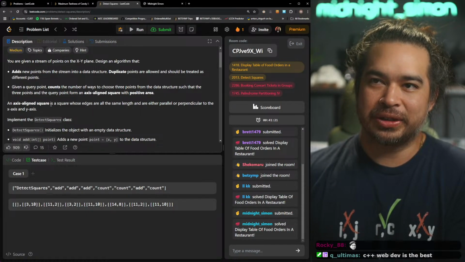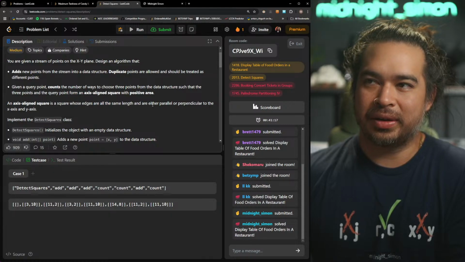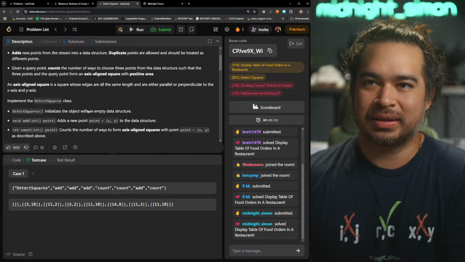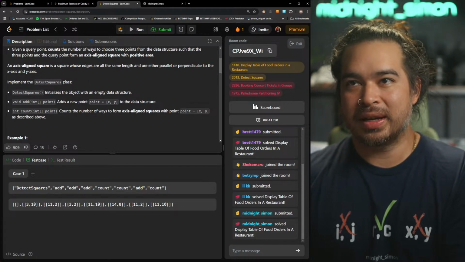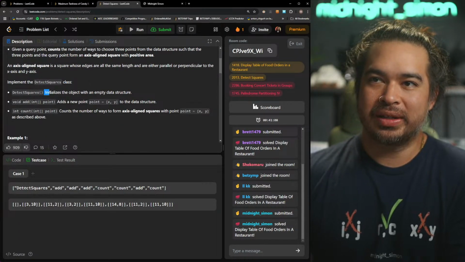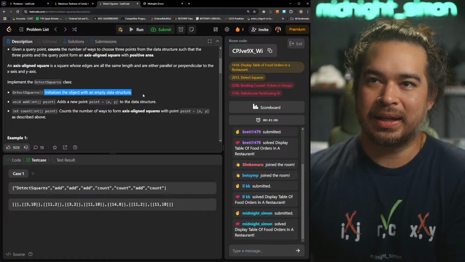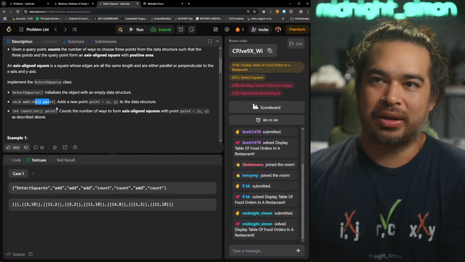An axis aligned square is a square whose edges are all the same length and are either parallel or perpendicular to the x and y axes. Implement the DetectSquares class. DetectSquares initializes the object with an empty data structure.